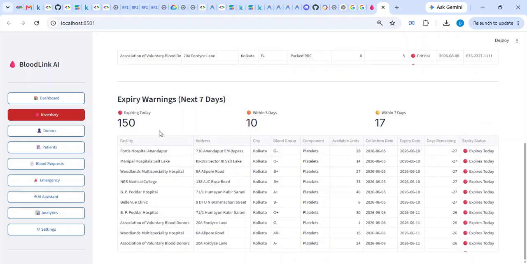Here what we are showing is 150 are expiring today, 10 are expiring within 3 days, and 17 within 7 days. So the basic concept is whenever a blood request comes in, the blood that is released is the one which is nearing expiry, so that we always have some time to stock the freshly collected blood. Now let's go to the